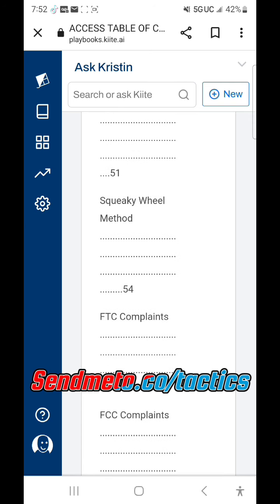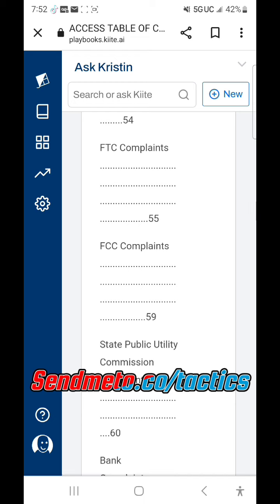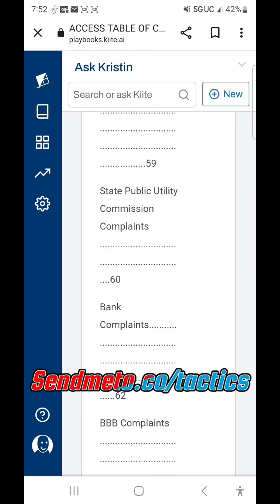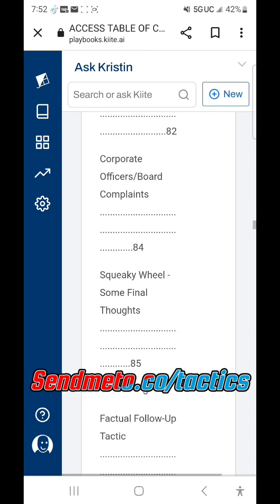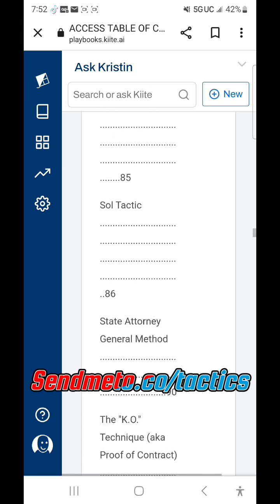This is literally what I use for my clients that are actually in my more expedited program. This is where you're coming at them from all sides: CFPB, AG, BBB, FTC complaints, middle of the month disputes, calling them, emailing them, faxing them, sending out your dispute letters. There's so many different things that you can do, which includes FTC complaints, FCC complaints, state public utility commission complaints, bank complaints, BBB complaints, attorney general complaints, corporate officers board complaints, squeaky wheel, some final thoughts, factual follow-up tactic,